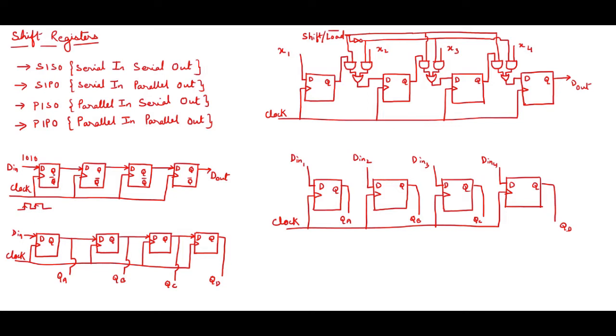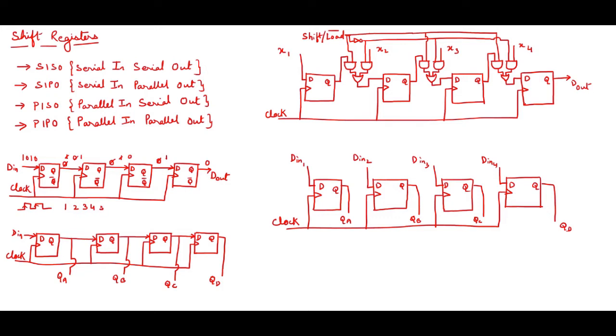With the first clock pulse, this 0 will come to the output of the first flip flop. At the second clock pulse, this 0 will come over here, and in place of this 0, 1 will come. After the third clock pulse, this 0 will shift to this place, this 1 will shift to this place, and the 0 will enter over here. Why is this happening? Because the output of this is the input of this one. At the fourth clock pulse, this 0 will come over here, this 1 will come over here, and this 0 will shift to this place, and this final 1 will enter over here. So I need 4 clock pulses to get the data in.